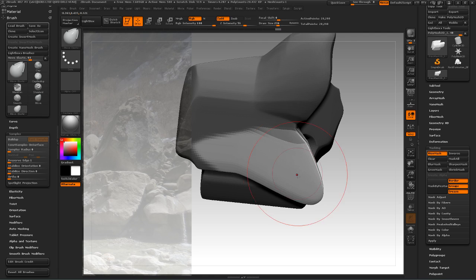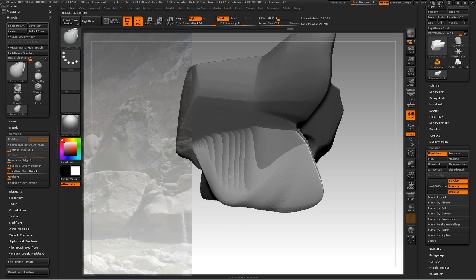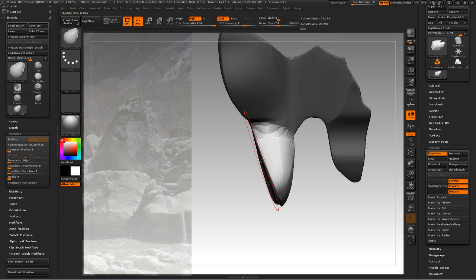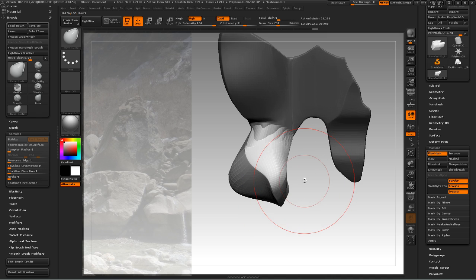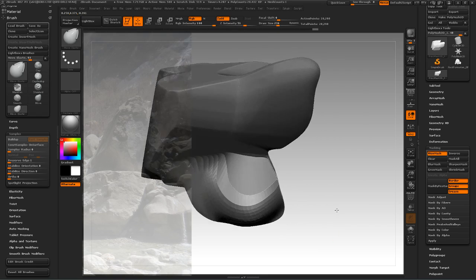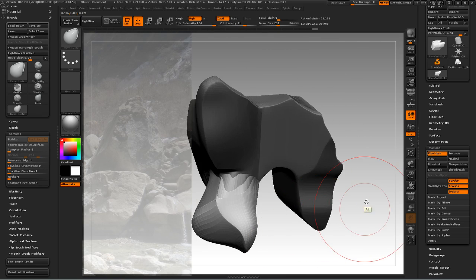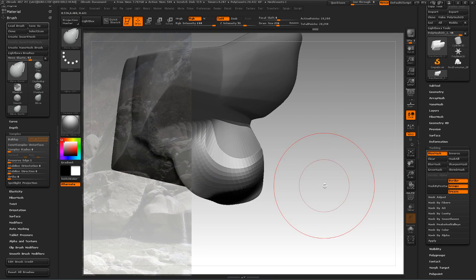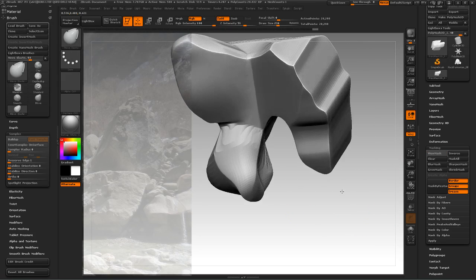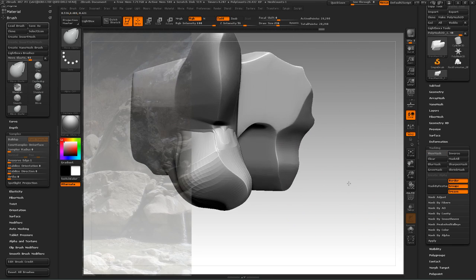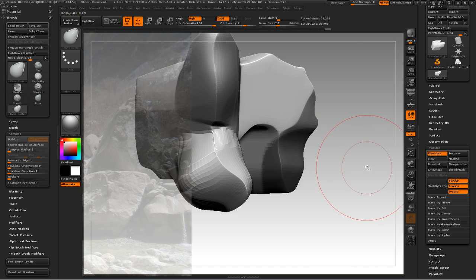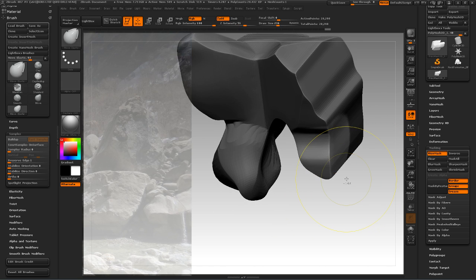It's a weird looking brush, but I can treat my mesh like an elastic band and stretch it out. So that's what I did. And I can do the same thing on the other side. I can Control I,